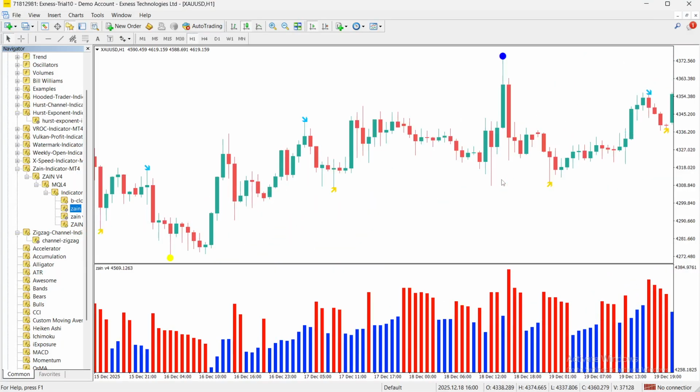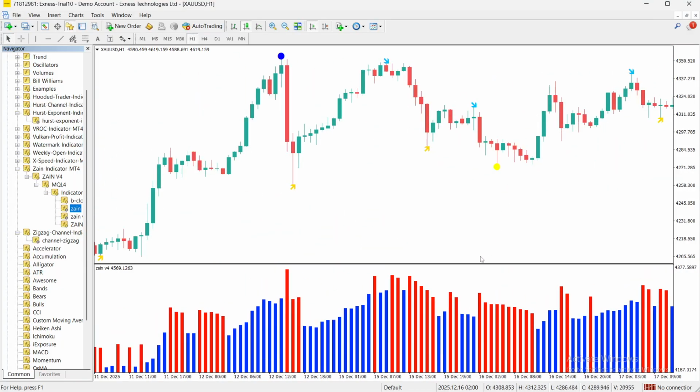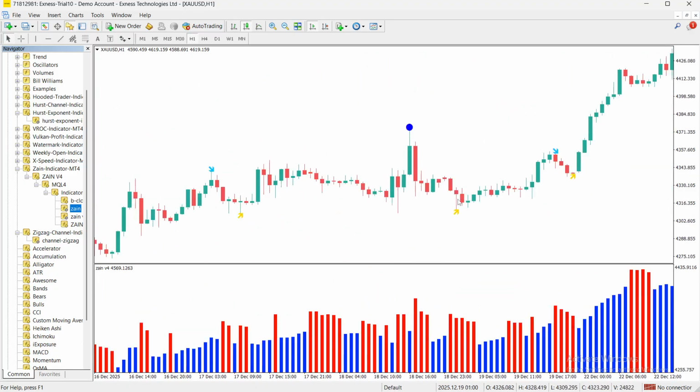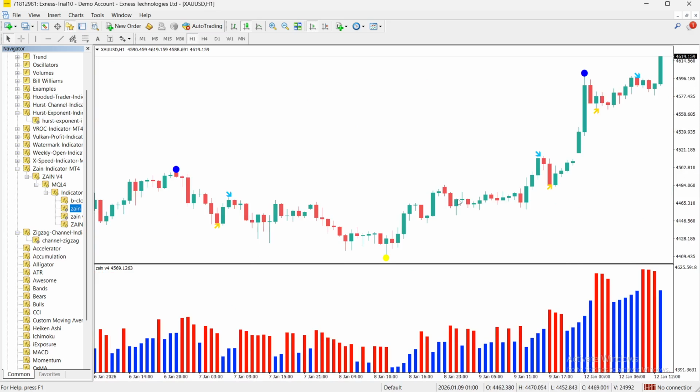This powerful tool displays a histogram in a separate window below the chart with blue bars indicating bullish trends and red bars showing bearish trends, along with dots marking probable support and resistance zones and arrows pointing in the direction of the trend. In this video, you will see how the Zain indicator works, how signals are interpreted, and which